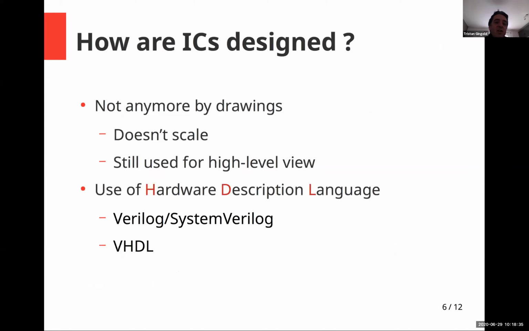Nowadays, we don't design integrated circuits by hand, by drawing the cells, except for very low-level analog circuits. We use HDL, hardware description languages, and the most well-known are Verilog, which is now becoming SystemVerilog, and VHDL.